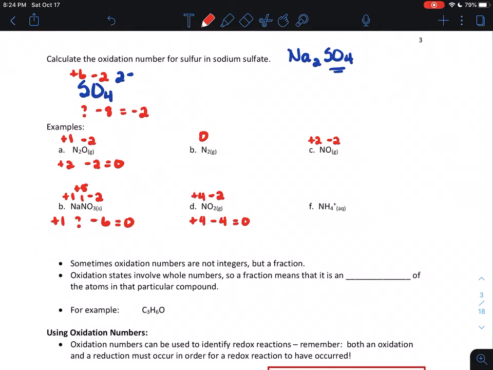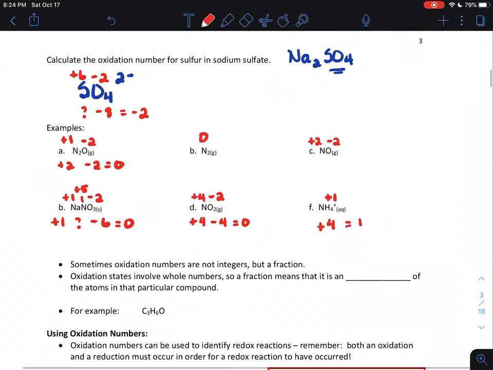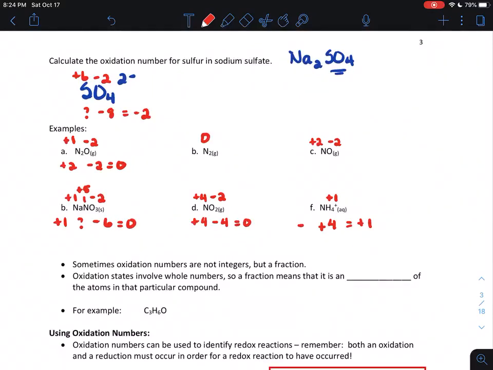And the last one is ammonium. So this is hydrogen. This is +1. I have +4, and this has to equal +1. So that means that nitrogen has to be -3. -3 plus 4 is +1. All right. So last thing